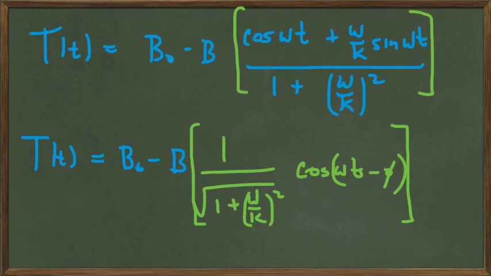So we're able to write this bracketed expression on this line as this, and when we write it that way, it's just a variant, as it turns out, of the initial outside temperature, which you remember was what? b0 minus b cosine omega t. So we're going to graph both outside temperature and inside temperature together on the next blackboard. Let's take a look at these